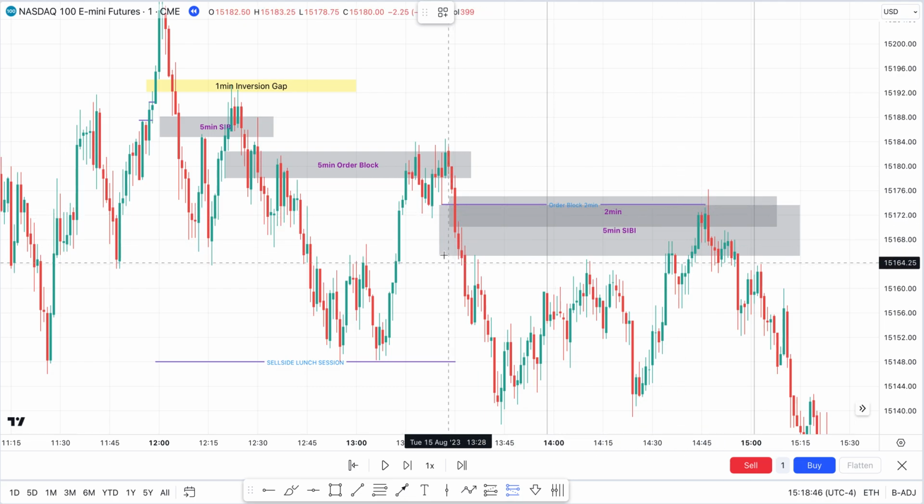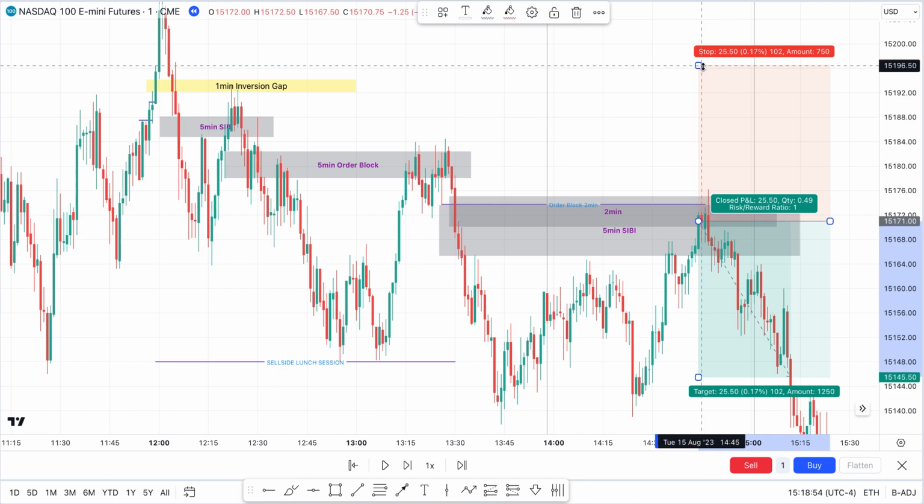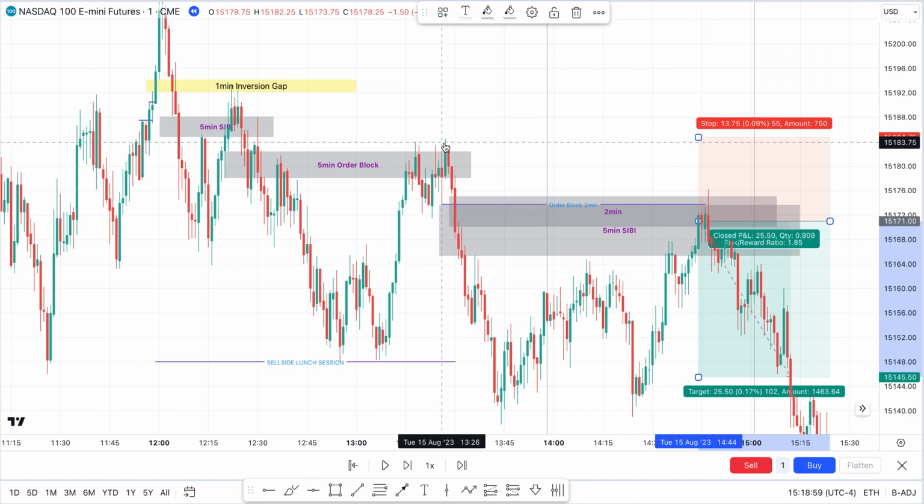So we would enter the 1 minute fair value gap, so right there. Stop would be above these highs. 14 point stop,